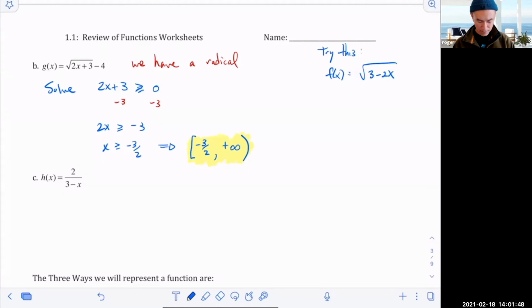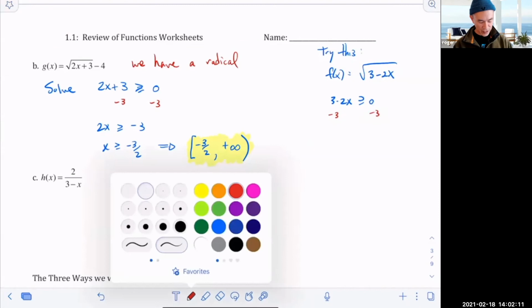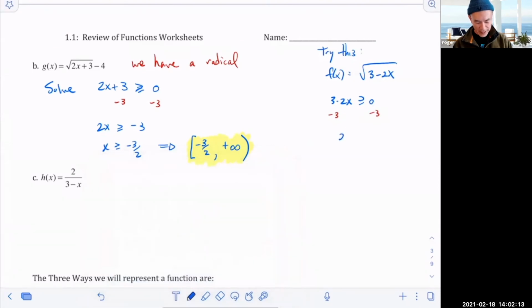We get 3 minus 2x, and you want it to be non-negative, so that means greater than or equal to 0. I can see there's a couple ways to do this. I'm going to do it like this. The first thing I do is subtract 3 from both sides. If you didn't do it this way, that's great, but I'm doing it this way to illustrate a point. Then when we do that, you get -2x is greater than or equal to -3, right? And then the next thing we need to do is divide both sides